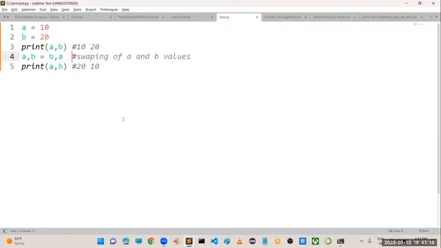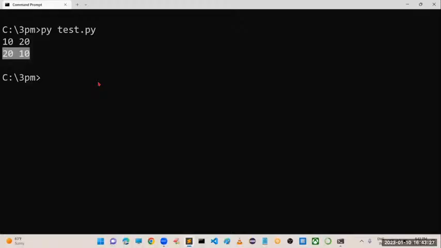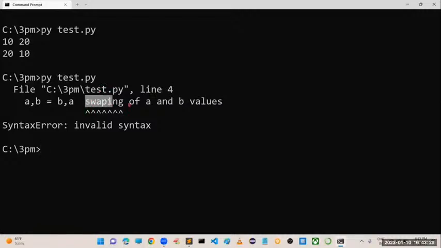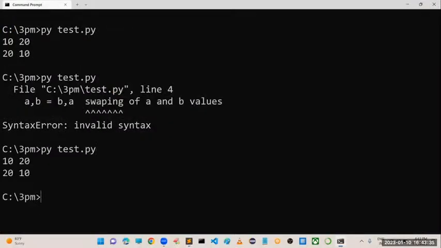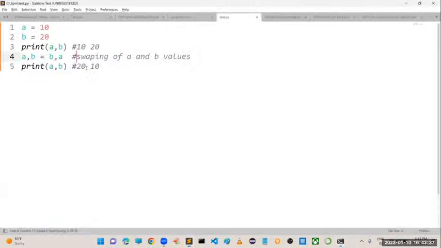But without this pound symbol, without this hash symbol, if you try to take this line, it comes under a program. Immediately my Python interpreter is going to raise an error message because it is not a proper statement. That's why you have to begin with hash. Then the code is going to work fine. So this hash is nothing but a comment.